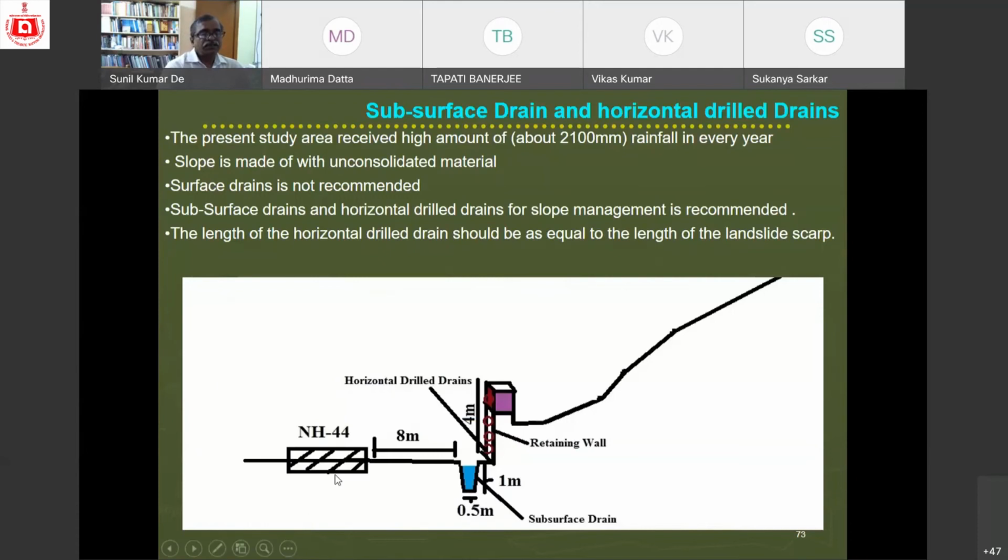Naturally, this is our National Highway 44. This is the main trunk road which connects Tripura with the rest of India. We have proposed that at least an 8-meter gap should be there, because if the slope fails and crosses this retention wall, it can be deposited here so that the road remains intact. In this way, we have prepared the details of each individual slope and the whole Ambasha area.